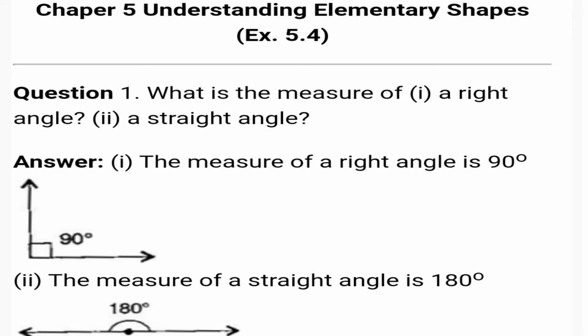Similarly, let us answer about a straight angle. Well, a straight angle can also be said as a straight line. Here, using a protractor, we can measure it as 180 degree. Here, the figure shows an angle of 180 degree.